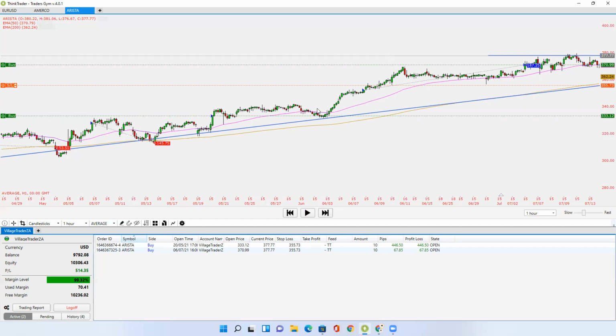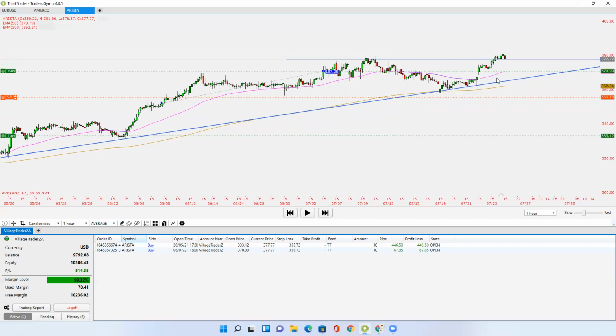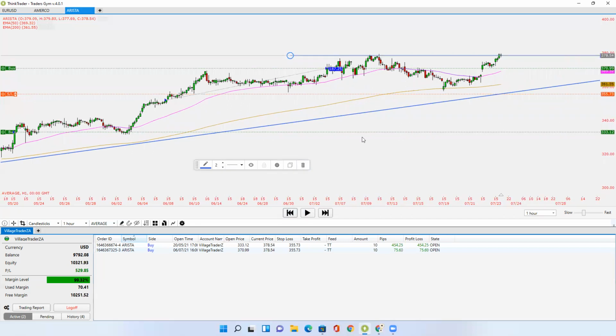Because they have a belief in that support trend line. Again, belief in the support trend line. You see? So now the market has come in and made a new high